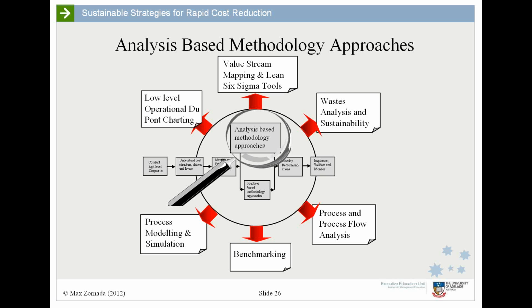So that's in the top left-hand corner, that the low-level operational DuPont charting itself can be a useful tool. So for things that aren't obvious, we can use the Lean Six Sigma toolkit, and in particular a technique called value stream mapping that looks at how the organization creates value and identifies within that process all the sources of waste that occur, the non-value-adding activities that we might be able to squeeze out. And that can be supported by a more formal analysis of waste and